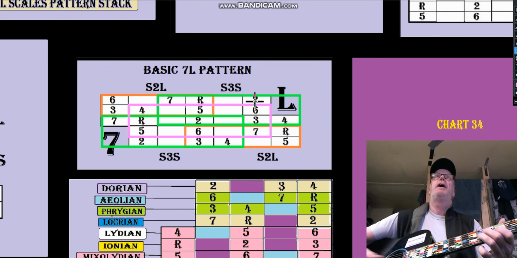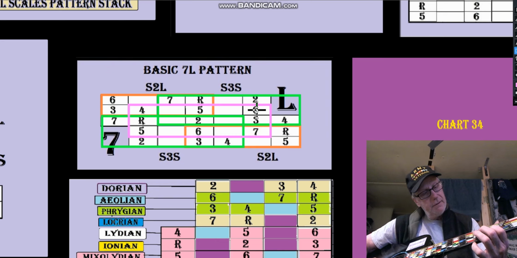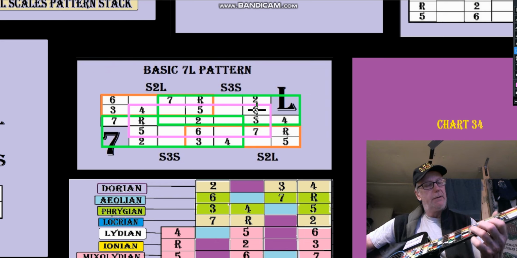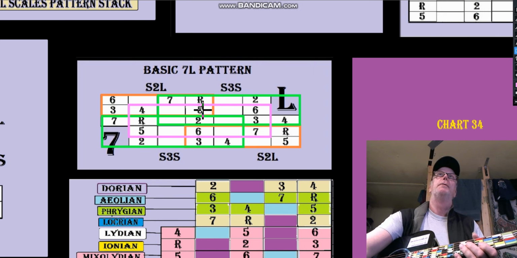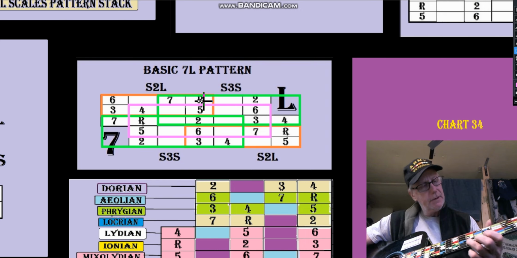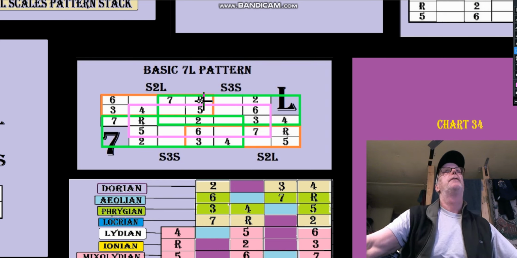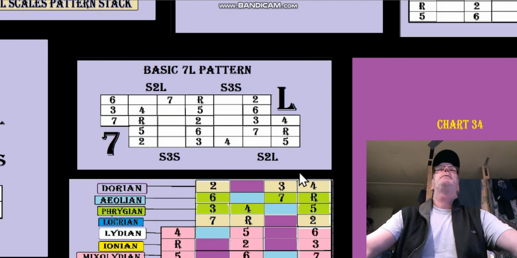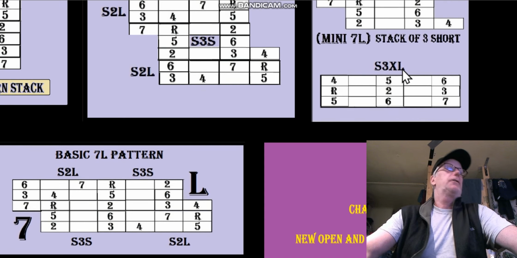Now you end on a 5, 6 on the top of it too. Here's the 5, 6 down here. Here's the 5, 6 up here. Take it into an S2L, but you have to warp it, right? Okay, so it didn't go over. The 7 didn't go over from the 5. It started on top of it, because 7 is the third of G, of the 5th. So that's a little background on how the 7L diagram helped us make the S3XL, the stack